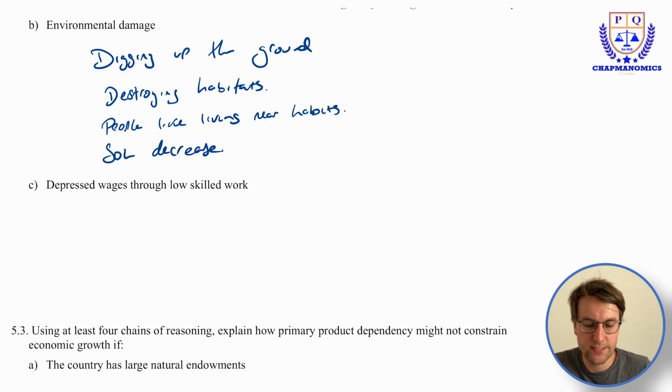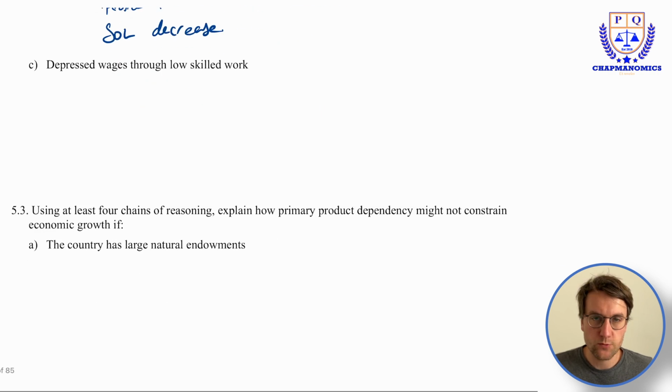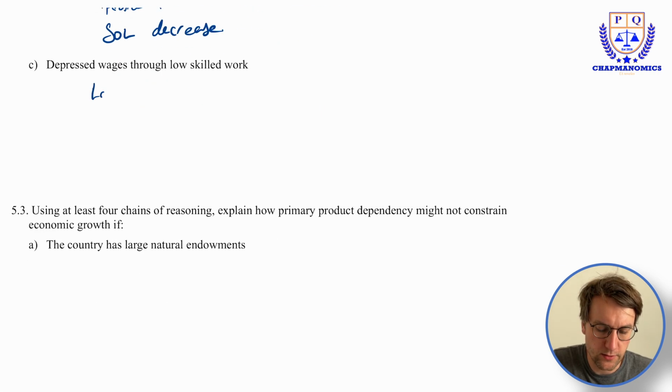Now, what you'll start to notice here is we're doing these in 4 steps. So, a 4-step chain of reasoning here. We've got you are digging up the ground, which destroys habitats. People like living near habitats, and so therefore their standard of living is going to decrease when this happens. You also get depressed wages through low skilled work. And again, we've said low skilled work